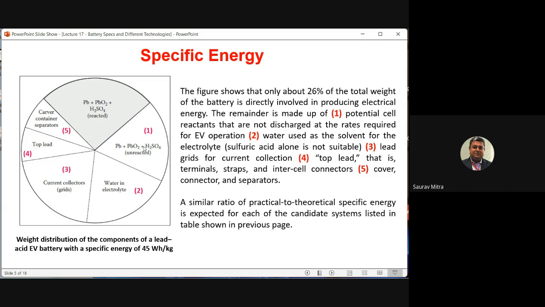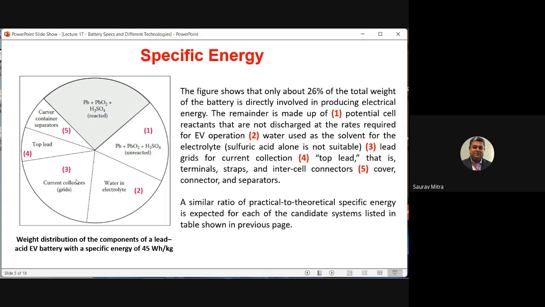also reactant, but they are inactive reactant, because you cannot put all the reactants together at the same time for generating energy. So these are active reactants which are constituting 26% at the top, but these are inactive reactants. So they are actually working as a non-energy generating element. Second, you are finding water in electrolyte. Okay, water in electrolyte is required, but too much water in electrolyte, that water is not generating energy.